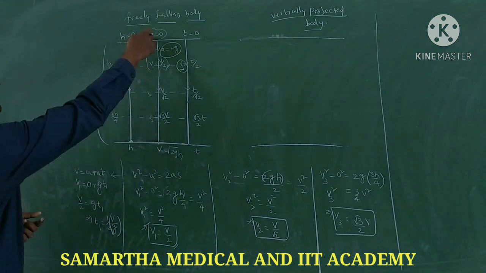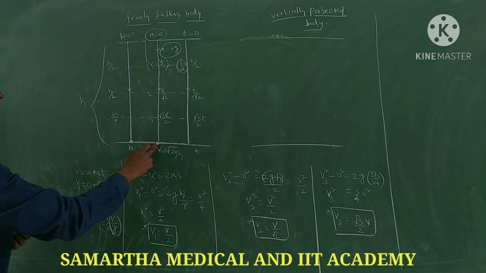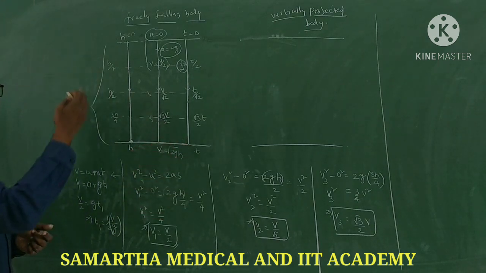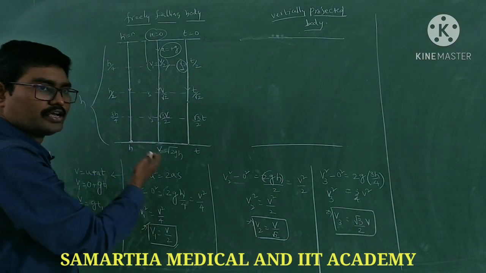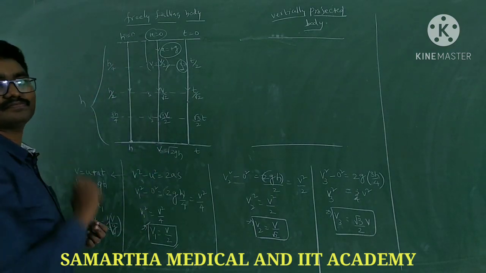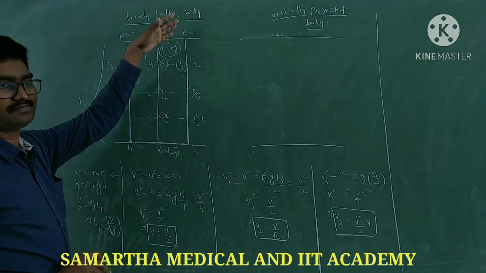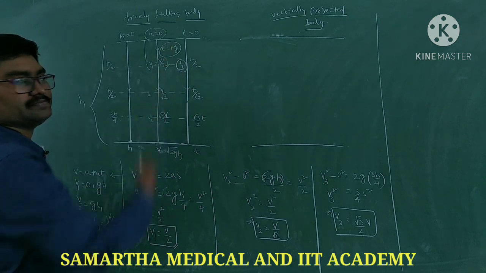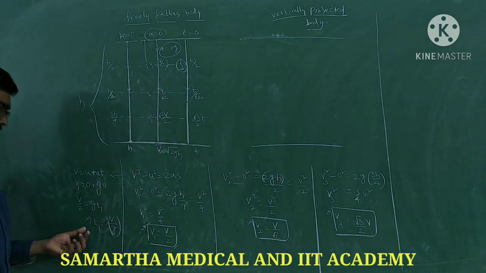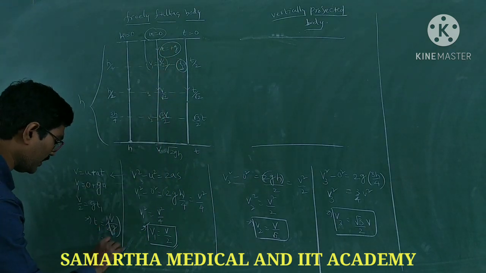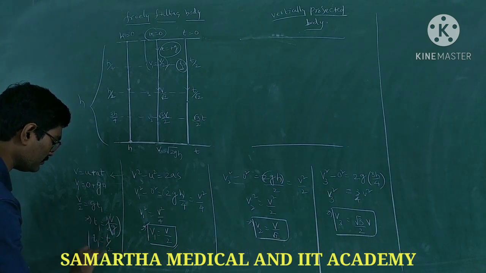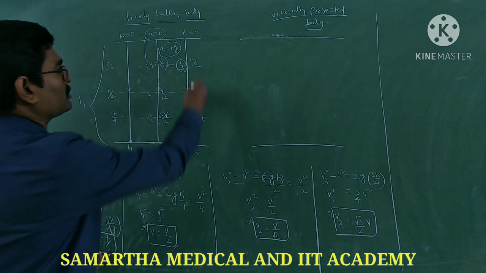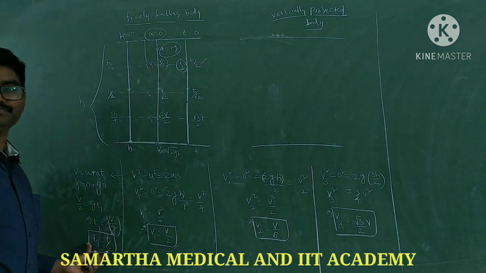T. See here, if it is coming down to hit with velocity V, you just think in reverse direction. If it is thrown with a velocity V, then it reaches the height h. That is what time of ascent is like. Okay na? So what is time? Is equal to V by g. Correct na? So that means what is this? T by 2, t1. Clear? Clear or not? So this is how you got this T by 2.